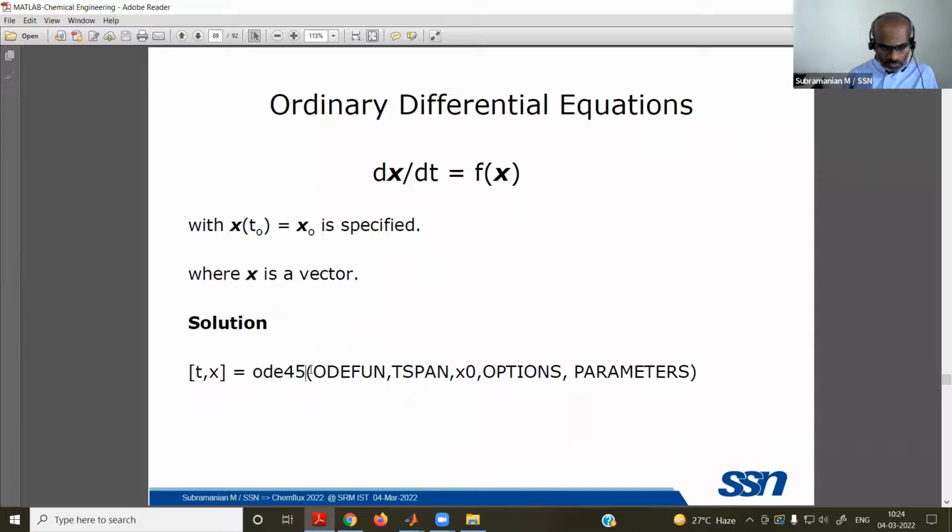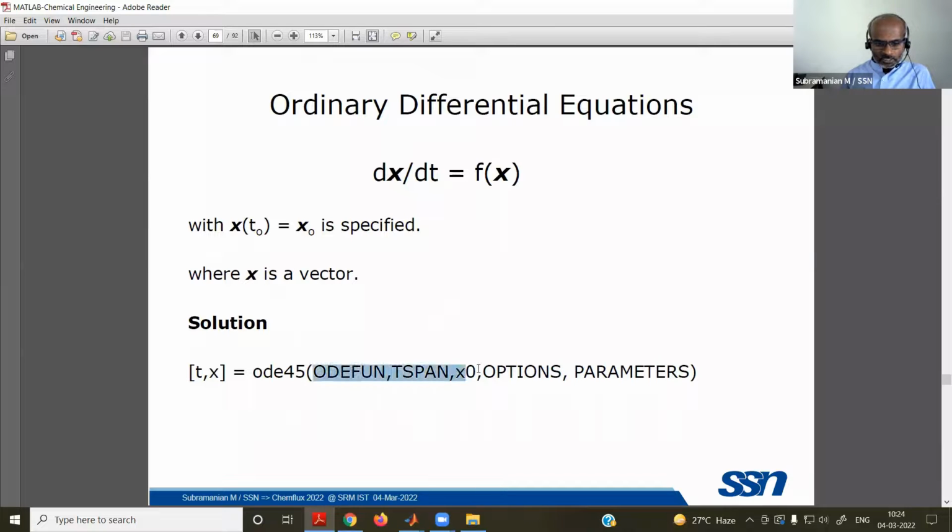As with any solver, it is asking for the function file, and it is also asking for the initial starting values for x. In addition, since it is a differential equation, you will also need to say for what values of the independent variable. So we need to have the time span. Are we starting from 0 to 100 time? You need to get the output values. And any other options if you want to give, you can give.